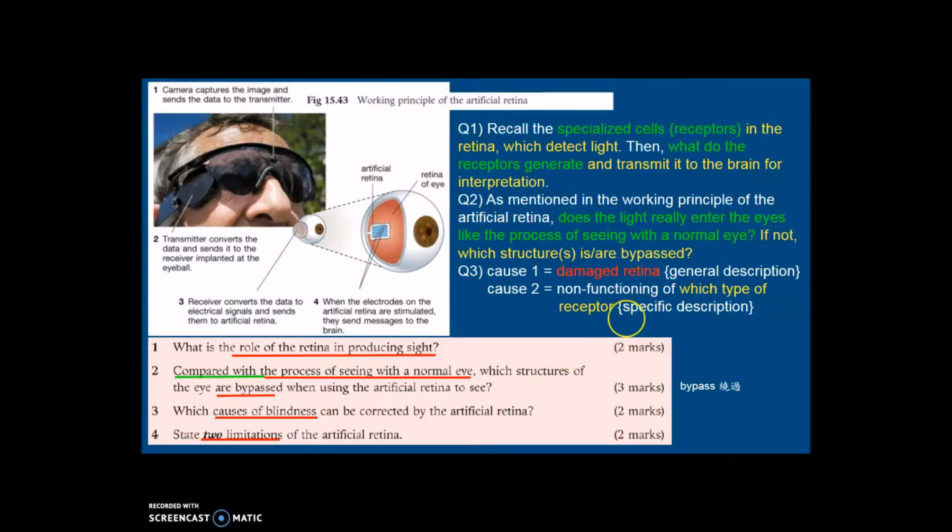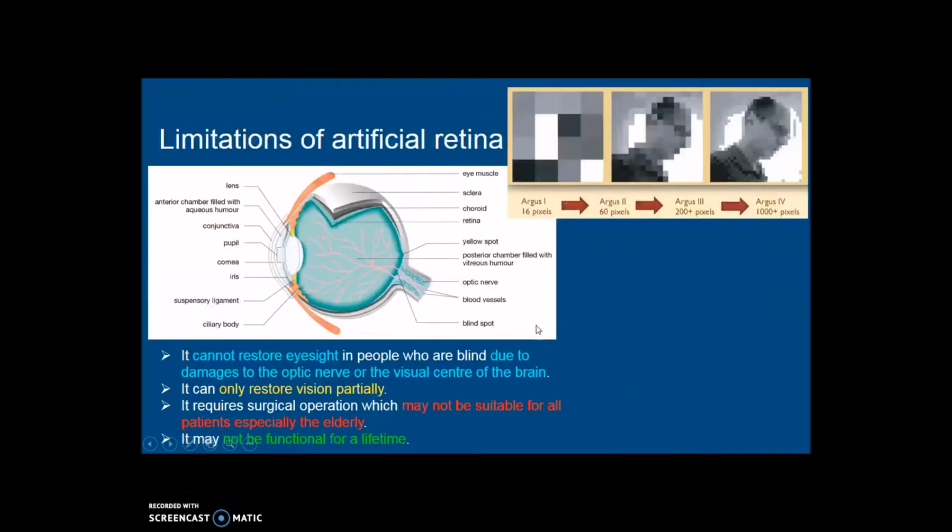So what you need to recall is that in the retina, what do we have, or which kind of receptor? At least the hint is that there are 2 types, and I think you know which 2 types. And question 4 already stated 2 limitations of the artificial retina. For the limitation, I use these 2 pictures to demonstrate the first and the second limitation. The first limitation is that it